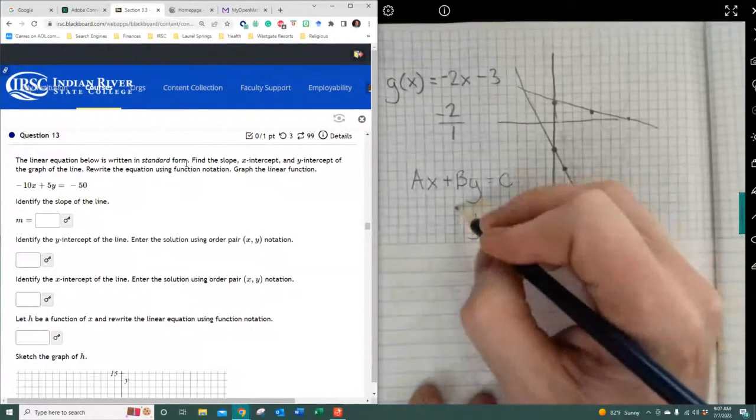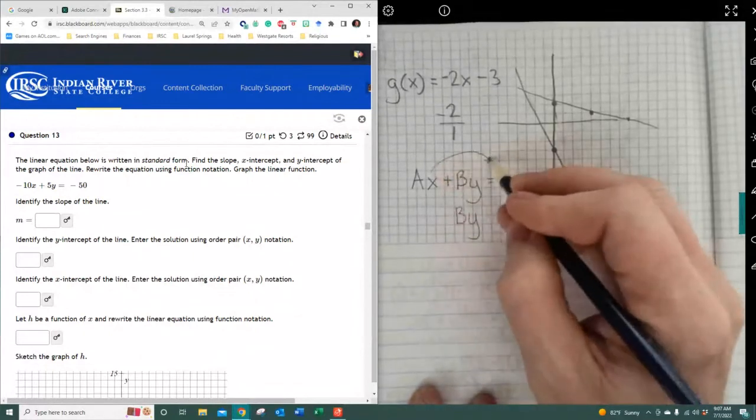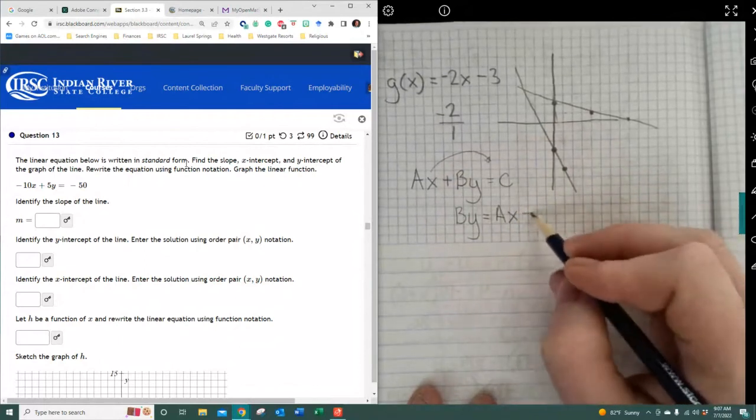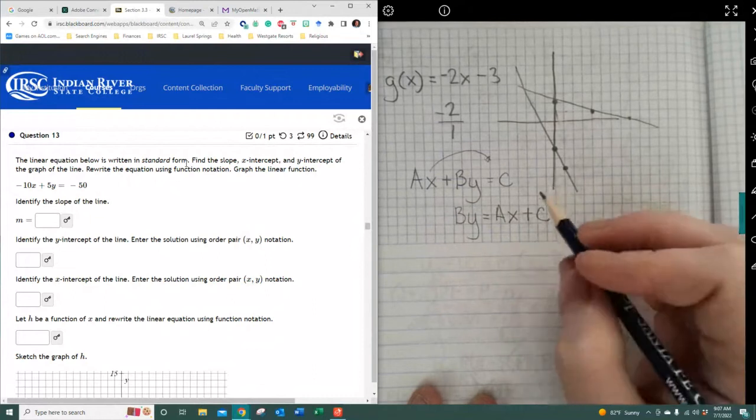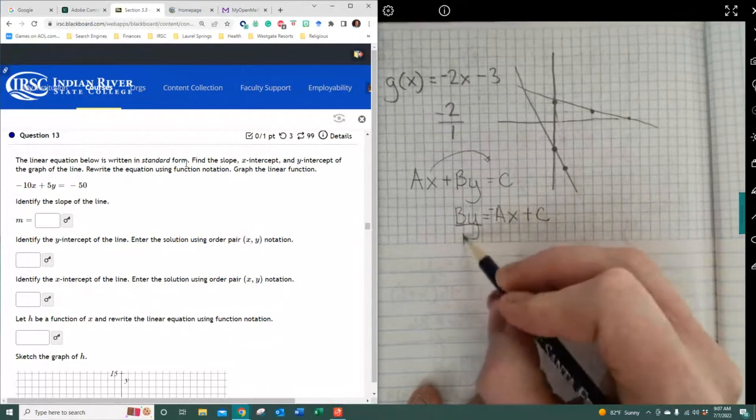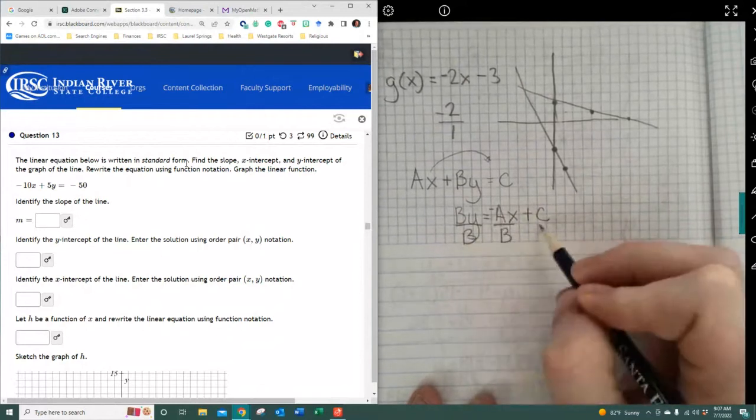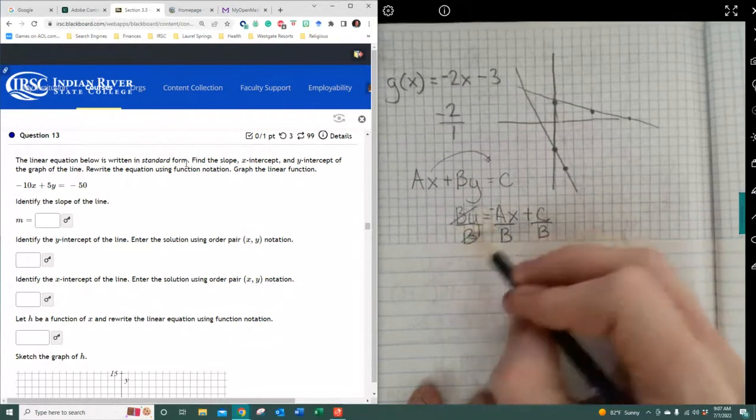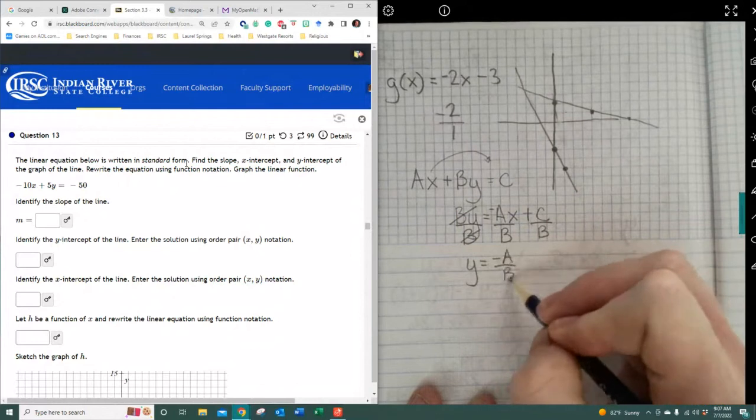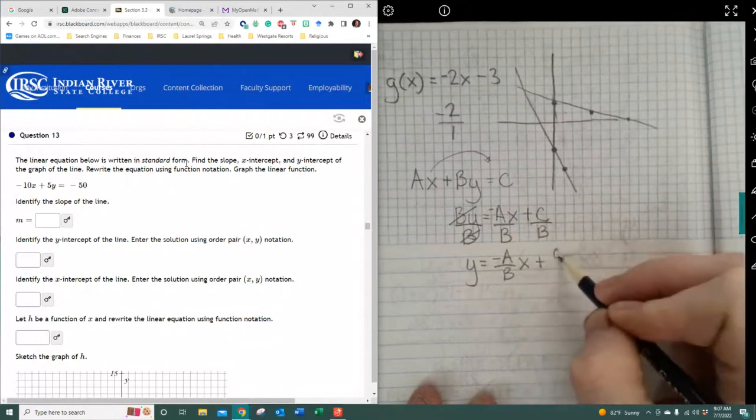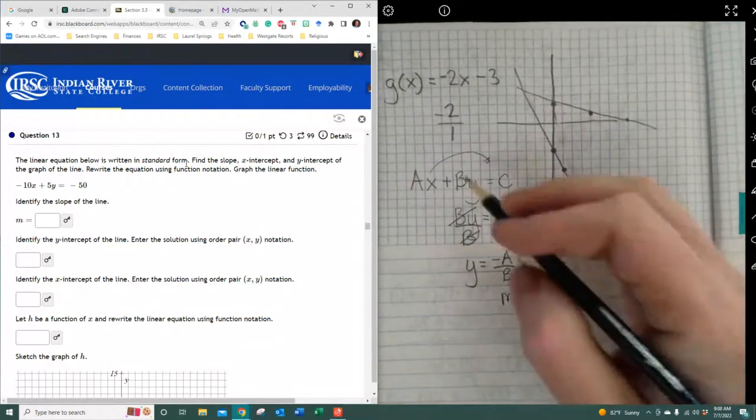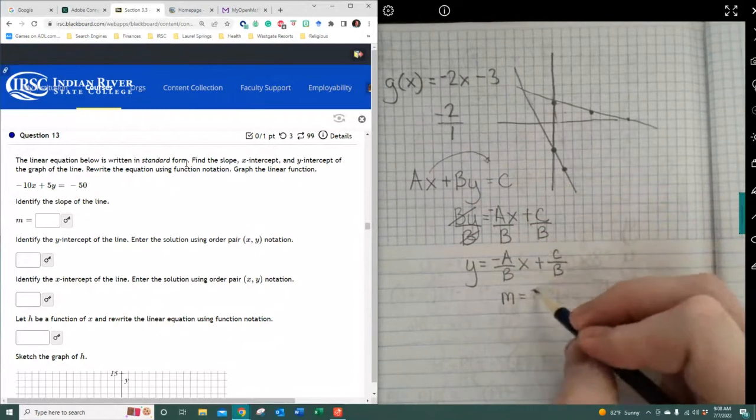So if I solve for y, I get this. I'm going to bring this over to the other side of the equation, so I'm going to get negative ax, and then I'm going to slide the c over, and that's negative, by the way. And then I'm going to divide both sides by b. This will go away, leaving me with y equals negative a over b x, and then c over b. Now, what that means is m, when it's written in standard form, is equal to negative